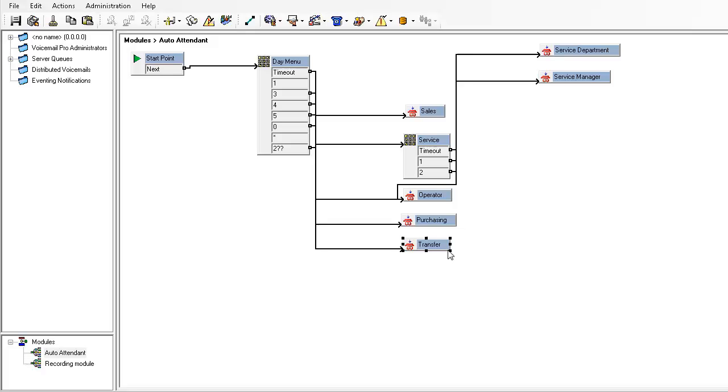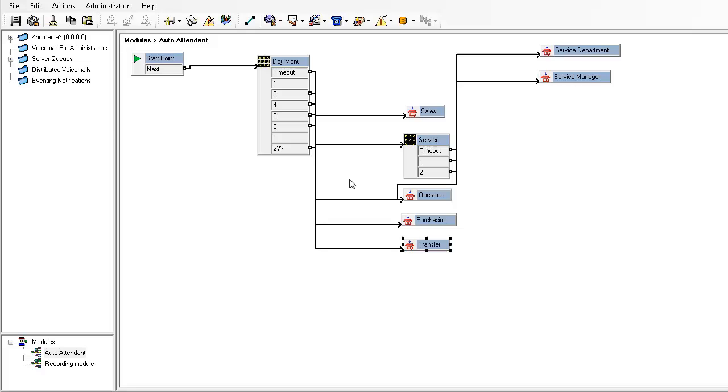When dealing with multiple languages, you can send the call to a totally separate auto attendant for the other language. Or you can use the same auto attendant and only change the language. In this example, I will show how to change the language while using the same auto attendant. First, we will add in a module to set the language. In this case, I'll be using Spanish.